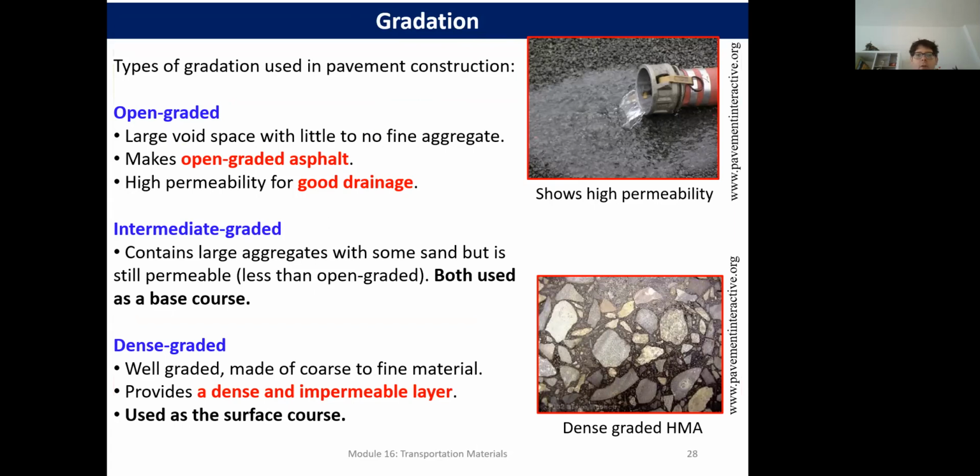Types of gradation used in pavement construction: open graded has large void space with little to no fine aggregates, and is very good for drainage. Intermediate graded is usually used as a base course. There are large aggregates with some sand, but it's still permeable. Densely graded is well graded, made of coarse defined material, and provides a dense and impermeable layer, and that's usually